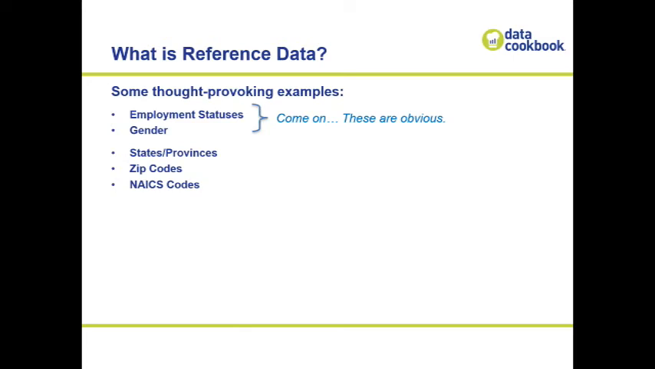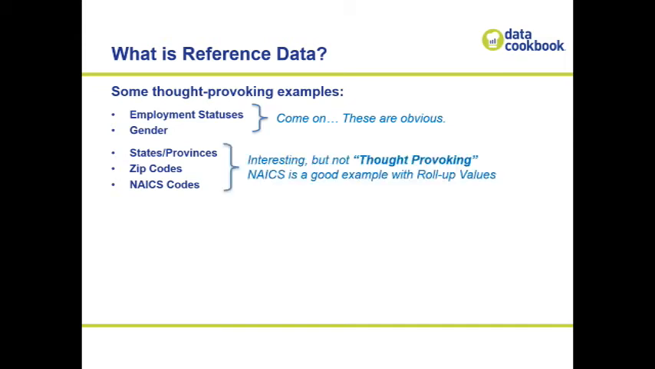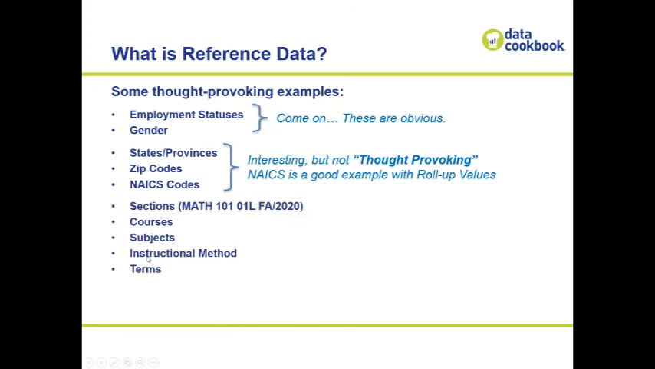And one of the things that adds that value is it has these roll-up values. So the first 3 values are also a separate list, right? So the 541, which I think is like computer services, those first 3 digits can be in a separate list with the roll-up codes. All right, so those are interesting, maybe not thought-provoking, and we like the roll-up values. All right, going to our higher ed roots here,